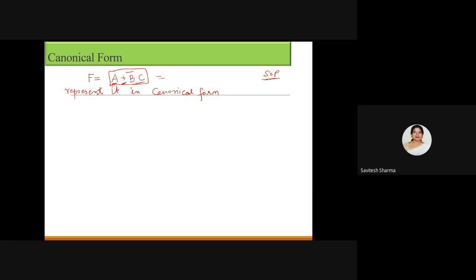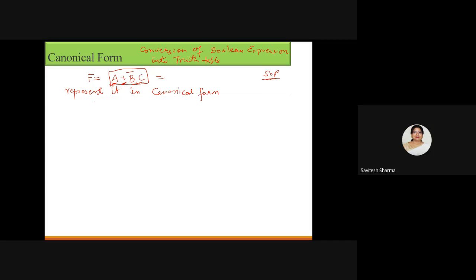So now I am telling you, if any Boolean expression is given and you want to write a SOP form, how will you identify the next term, because you want to write a truth table. So again I am telling you conversion here: conversion of a Boolean expression into the truth table. This Boolean expression is not a perfect SOP form. It is not a canonical form. So first you understand how I will get a SOP form.